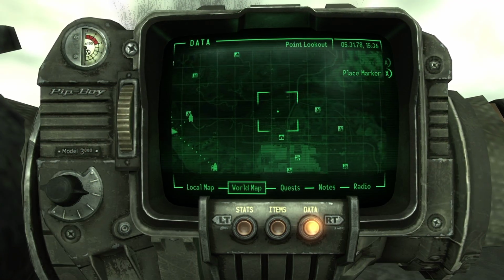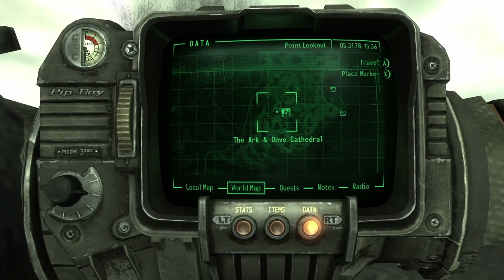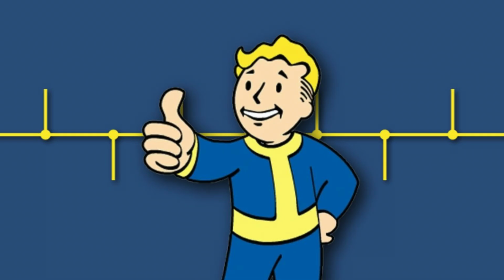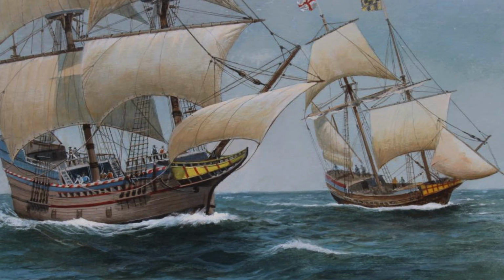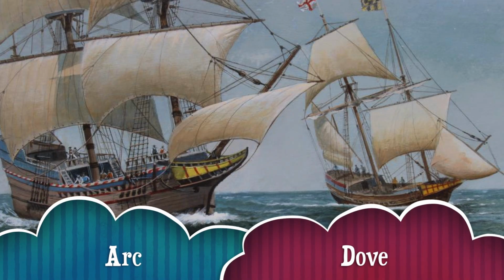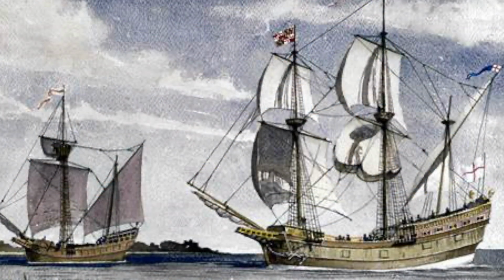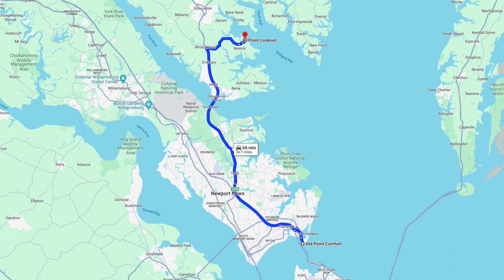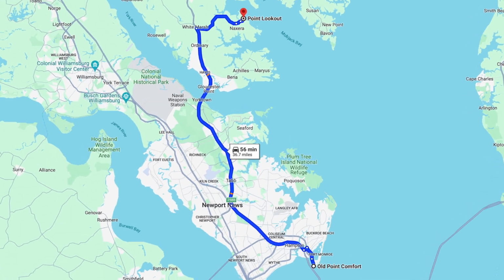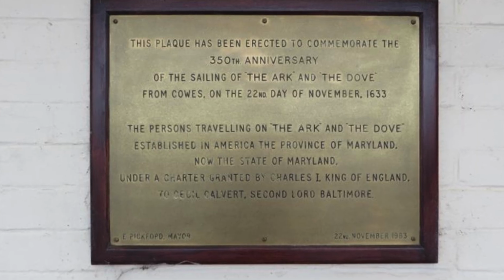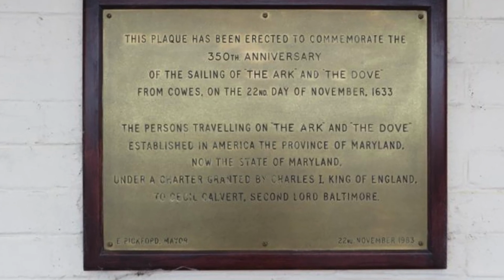The next date on the timeline is another divergence, but not a divergence in date, more of a divergence in location. We jump ahead 22 years from 1612, John Smith's discovery of Point Lookout, to 1634. Two English ships named the Ark and the Dove land near Point Lookout. And maybe we could chalk this up to being exactly the same thing, because near is a very vague term. How near? We don't know. All we know is that the date, the names of the ships, and the general location is correct.